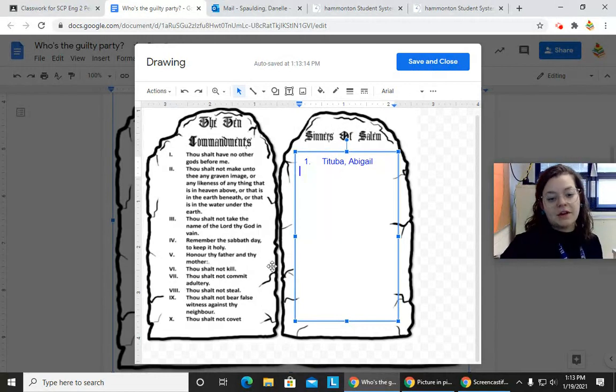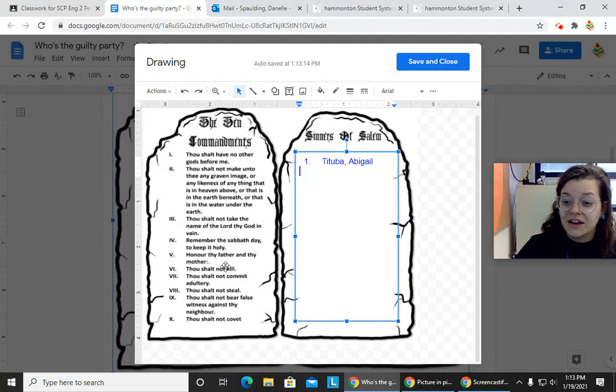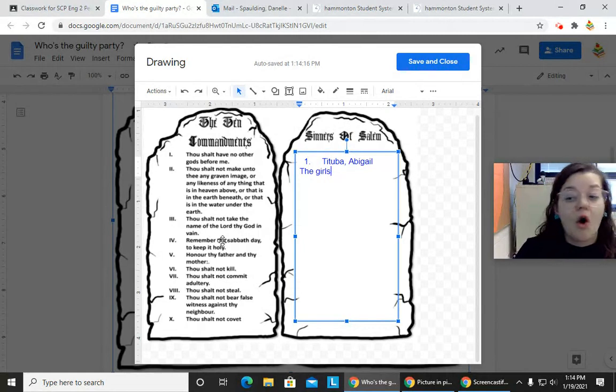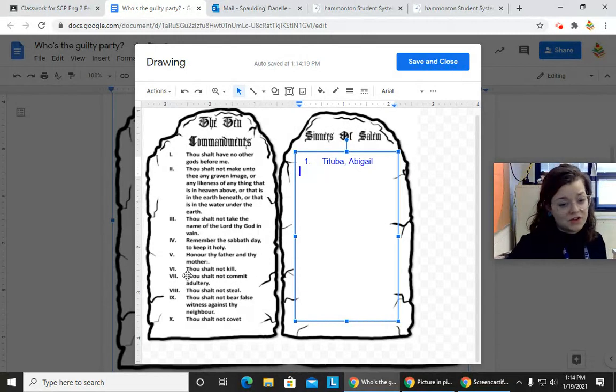Honor thy father and thy mother. Who is not honoring? Who or whom, or there might be several here. Who is not honoring thy father and thy mother? Who is kind of disobeying them, or going against the things that they taught you, the moral code that they taught you, which, as an example, you can put the girls in general, meaning all these girls that are crying witchcraft. Of course, this one's straightforward.